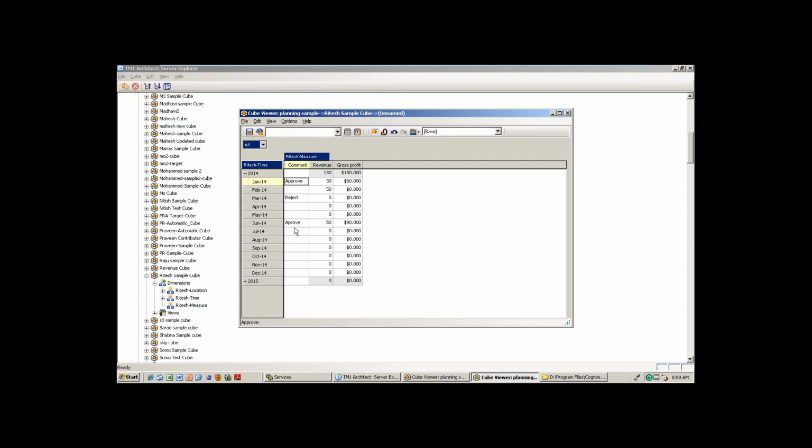Because in Cognos nothing will happen. Cognos will just give you the data available in the database. It's simply read-only mode. But here in TM1 you can edit anything, so very strict guidelines should be there, right? Even I can go ahead and change 50 to 90, just done. But I know how to track that, who changed everything.